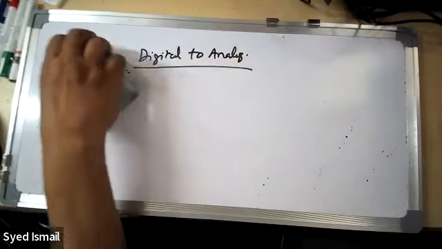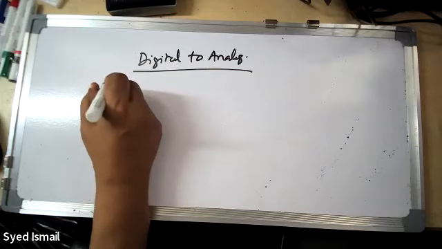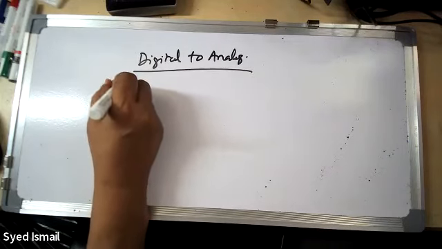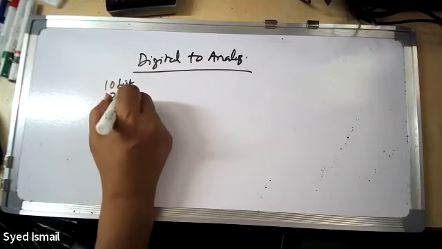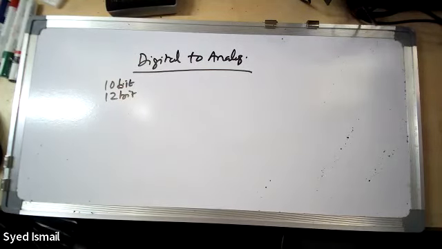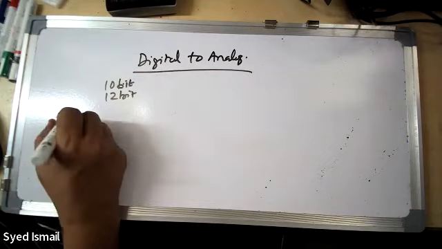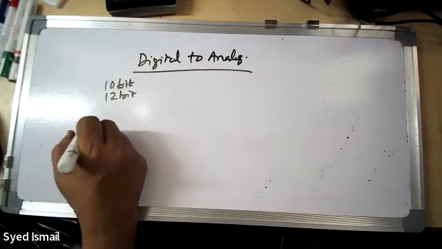But normally 10 bit is common, 12 bit is also difficult. You cannot easily get 12 bit. 10 bit is common, or 8 bit you will get. 12 bit is available, but more than that is difficult to get actually. But when you really want to go for high speed digital to analog conversion, one of the methods used with less bit accuracy is